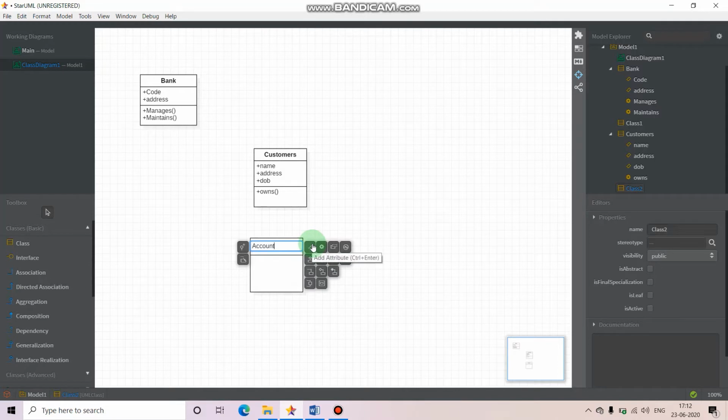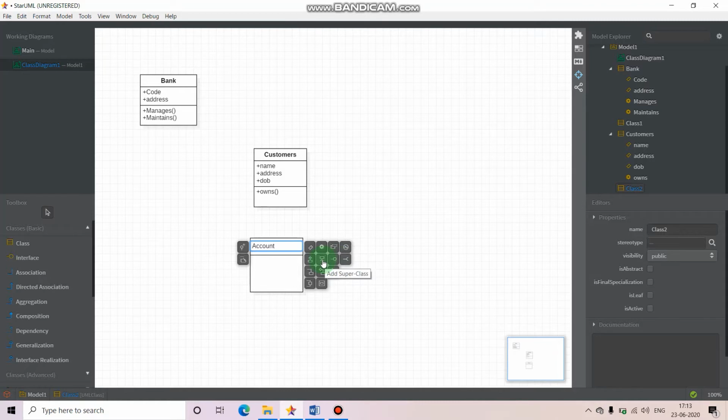See, here also it is asking whether you want to add attributes in there. The next step is to add the attribute, or to add the operations, or to add the template, etc. When you place the mouse pointer over it, you will be able to see what these symbols are for.